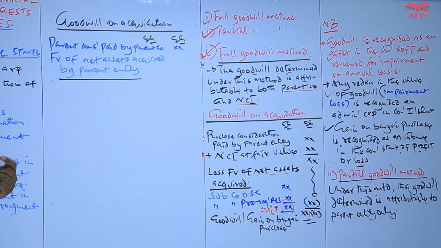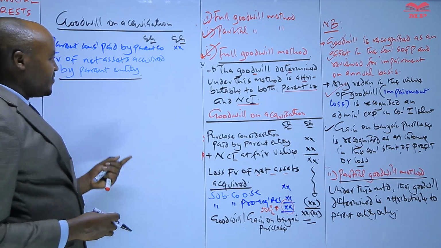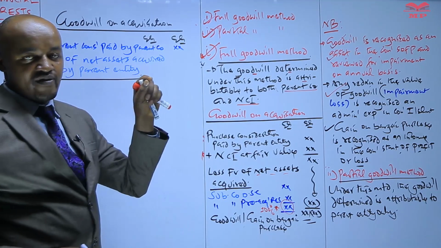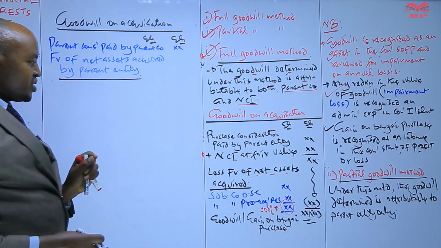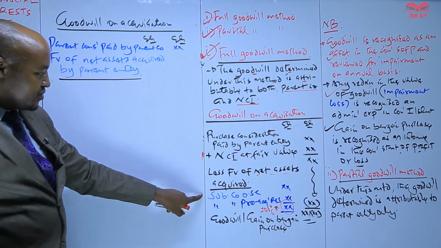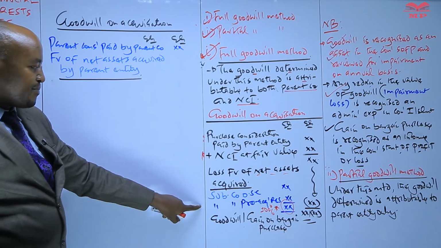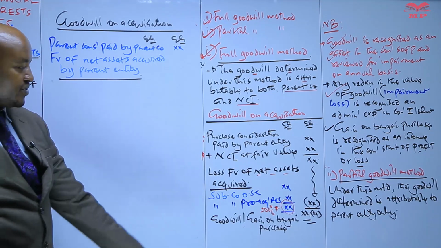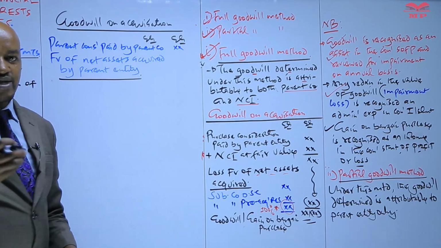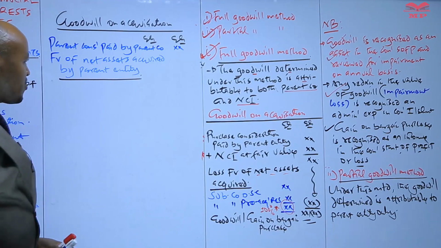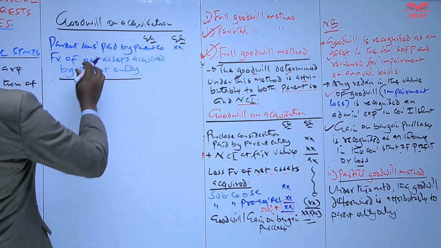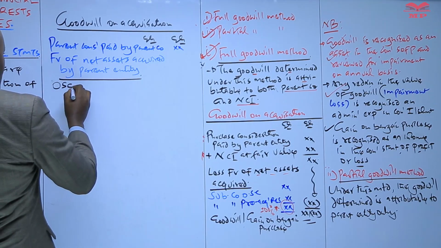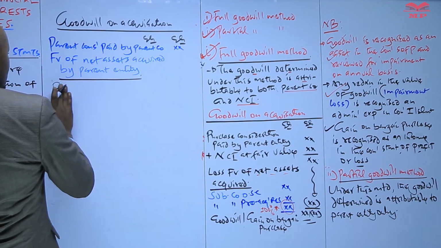Remember, in computation of goodwill, mostly there is something which the examiner will not give you. The examiner will not give you the fair value of the subsidiary company net assets on the date of acquisition. If that figure is not given to you, this is how you compute it. You take the subsidiary company ordinary share capital,